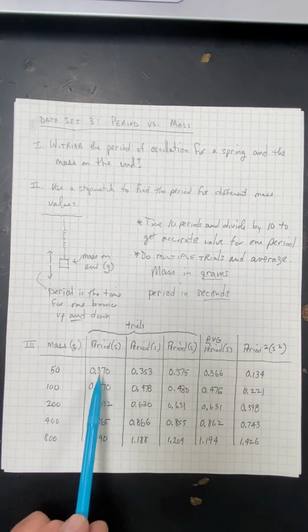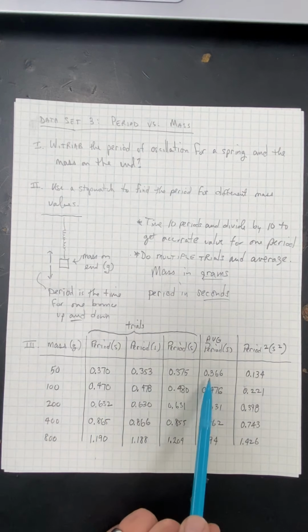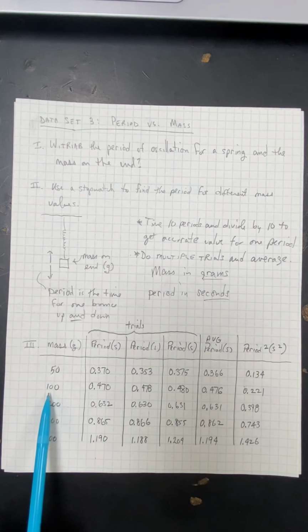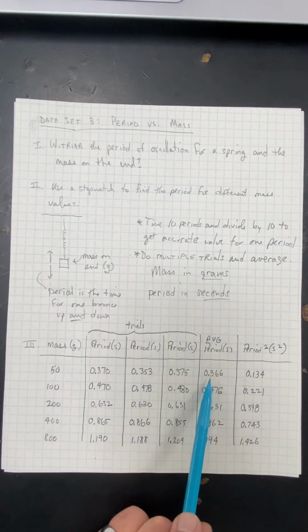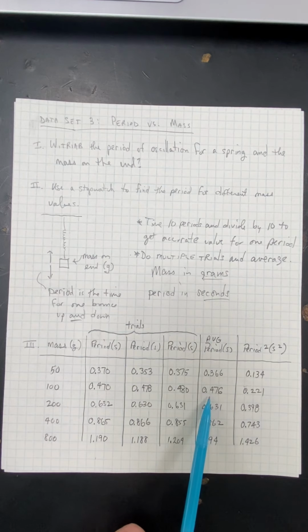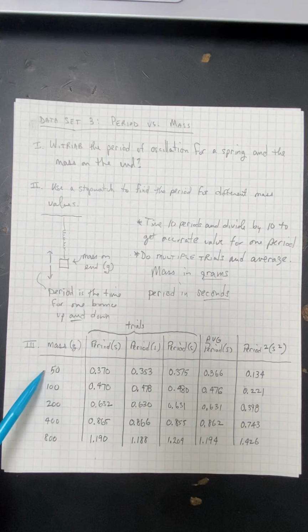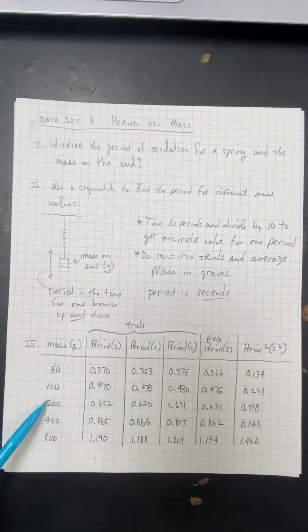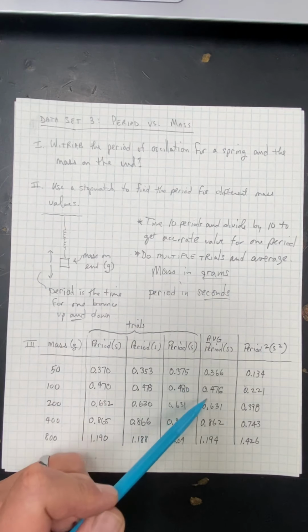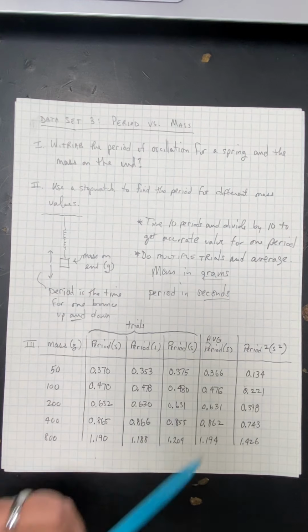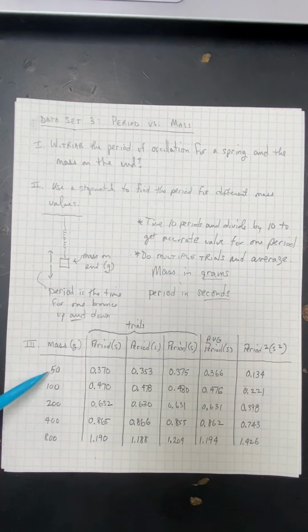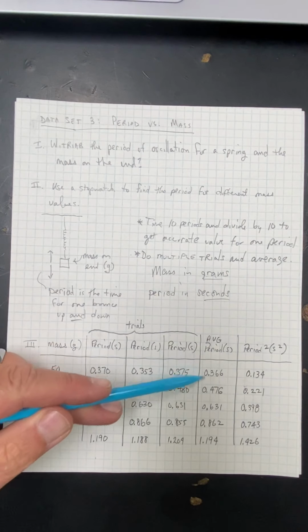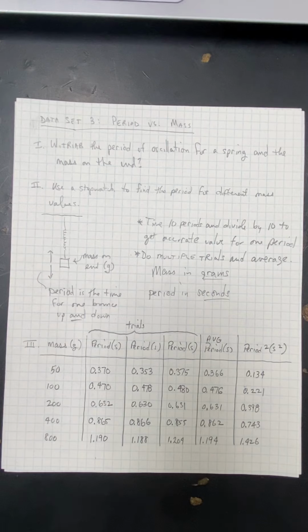Hopefully you got something around this time. The average, so twice the mass, notice does not double the period. So I don't think these two things are proportional. 50 to 200 grams, that would be 4 times the mass. Certainly is not 4 times the period. Now 50 to 800, that's 16 times the mass. Definitely not 16 times the period. So